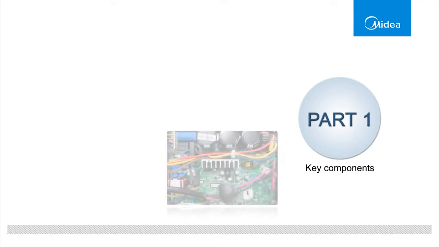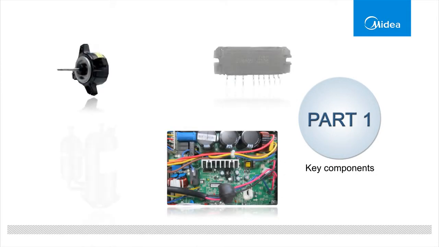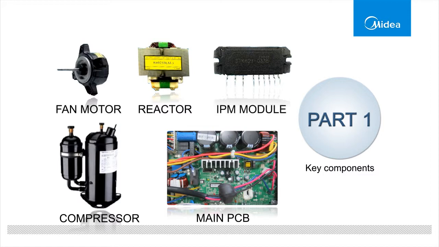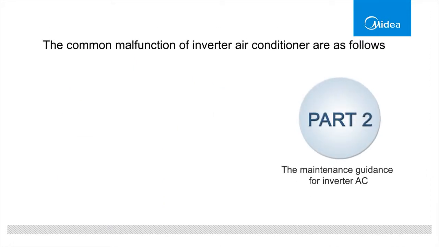During the maintaining, you could possibly replace the components as below: compressor, high pressure valve assembly, reactor, fan motor, main PCB, IPM module. When an error occurs, the error code will be shown on the display board of the indoor unit. The common malfunctions of inverter air conditioners are as follows: